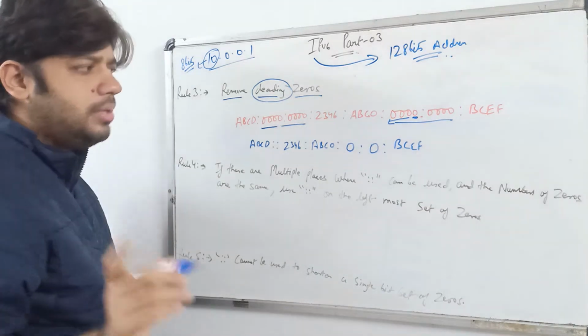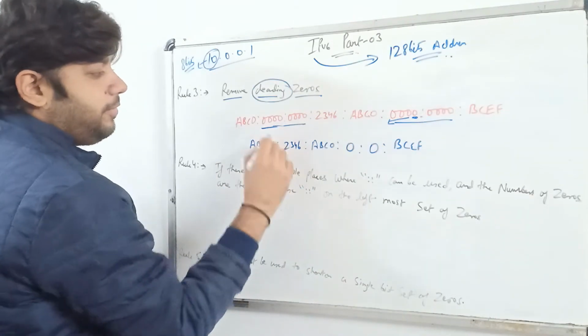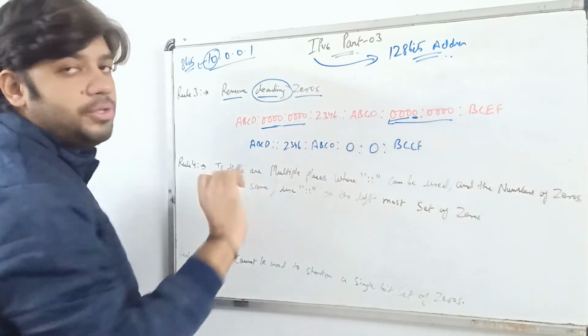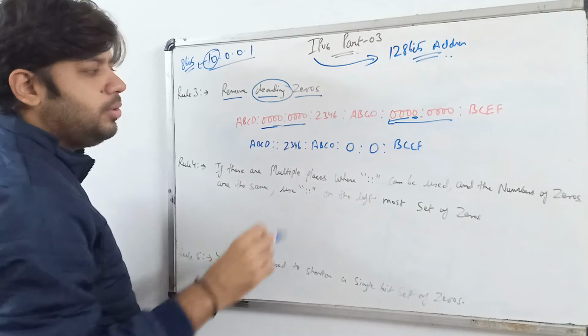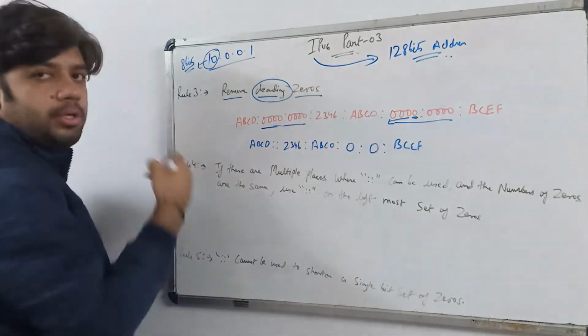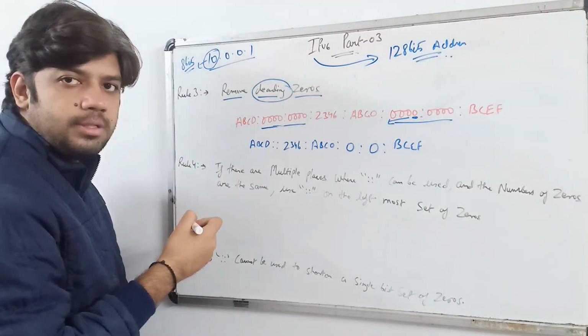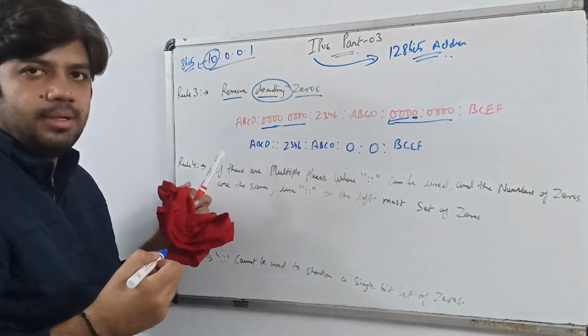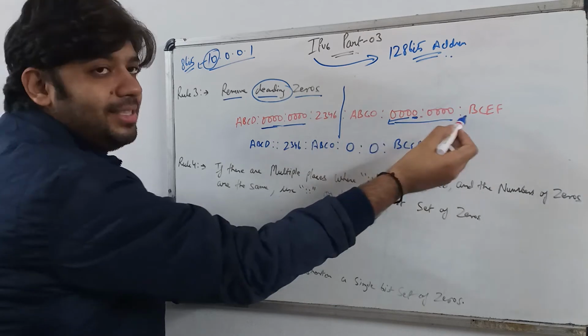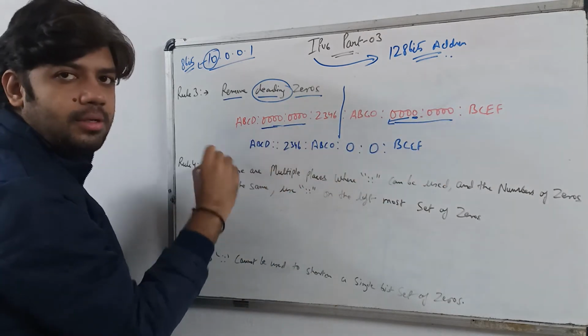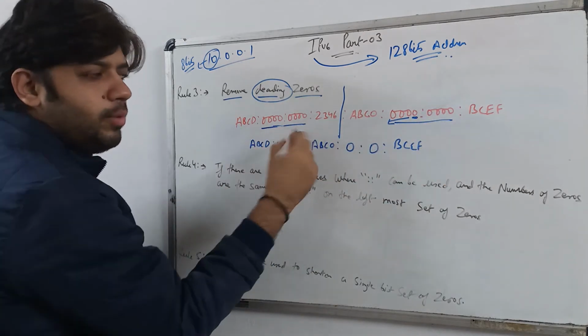Okay, understand the concept. If you have similar consecutive zeros in one IPv6, what we need to do is look at the leftmost consecutive zeros in the IPv6. We can see only the left side. If you divide this, this is the left and this is the right. So we need to see the left side only.